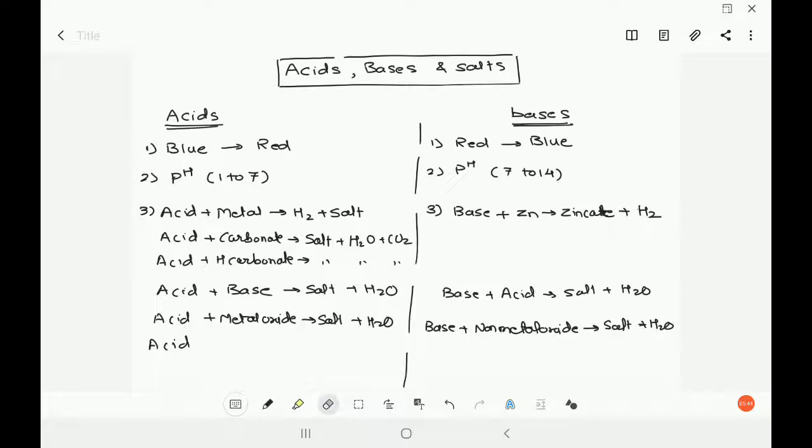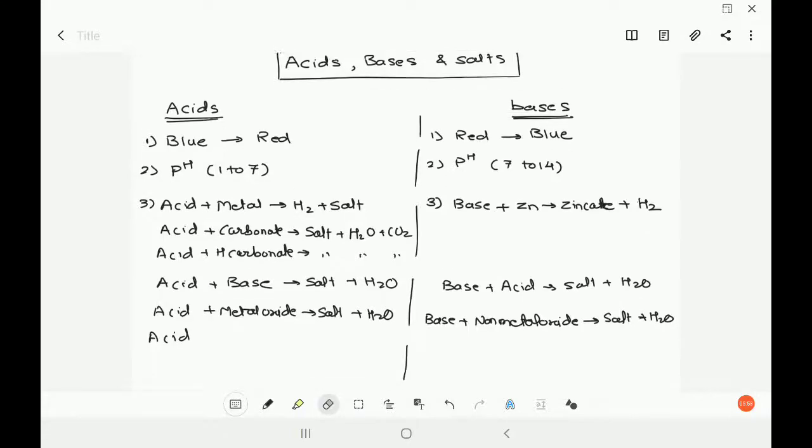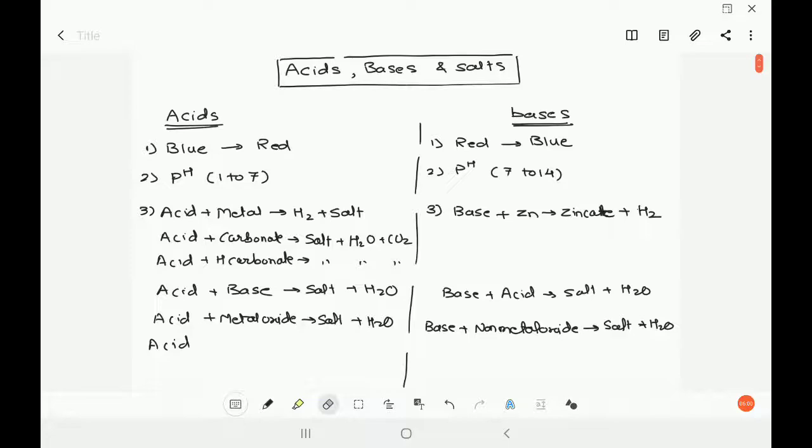But if you put red litmus paper in acid, what will happen? Now that is another thing. If you put red litmus paper directly in acid, it won't show any kind of change. Similarly, if you put blue litmus paper in the bases, that also will not show any kind of change. That's the reason, to test any colorless liquid, we put red as well as blue litmus paper in the solution, so that we realize what changes occur in this.